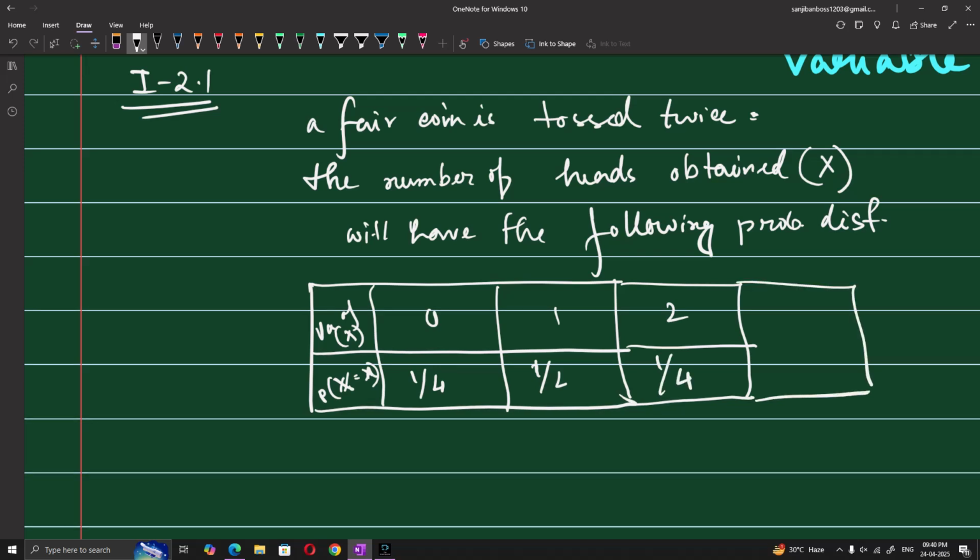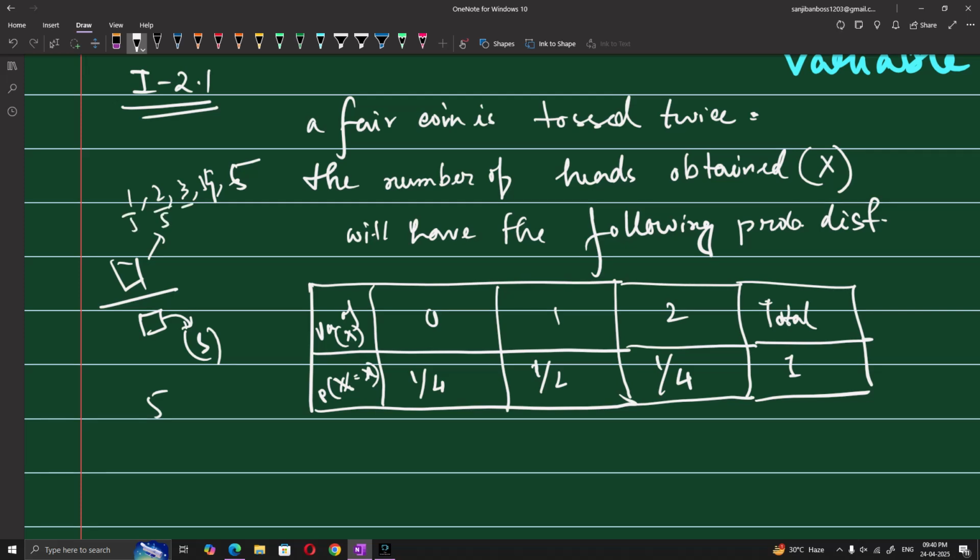And everybody knows what the total probability of anything is. Total probability of anything is always 1, because probability means some value, and this is the sample space, and it can take any value among the sample space. If this is 5, it can take 1, 2, 3, 4, 5. This is the probability of these values, and if we add them, we'll get 1,